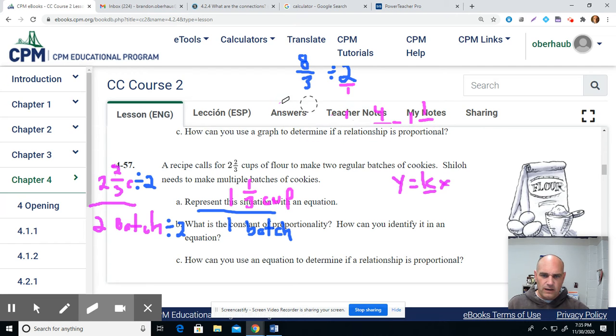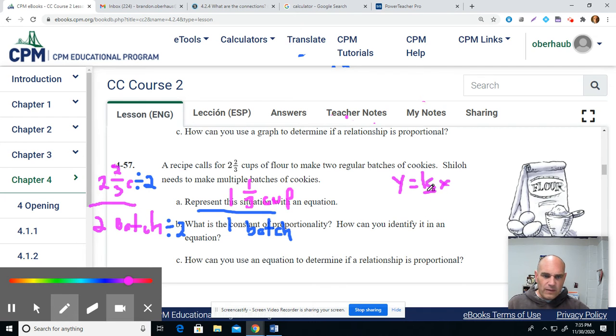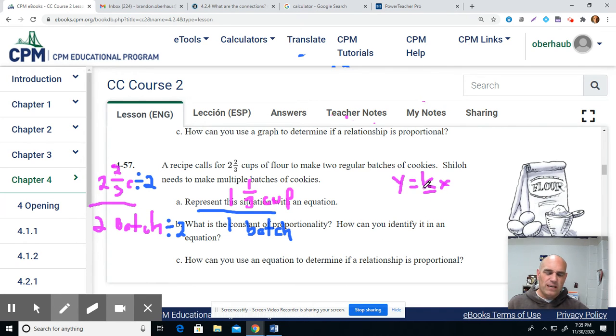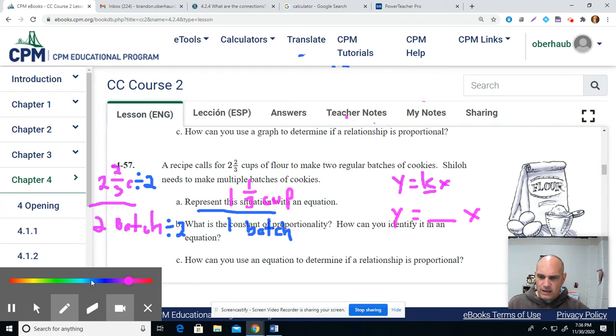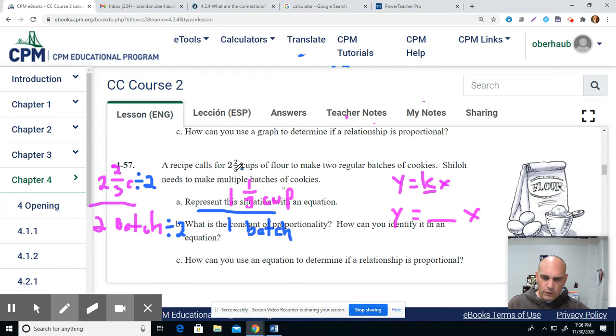So let's get this off of here. So it wants me to write an equation. This is the equation that I always use. So the k is my constant of proportionality. It's my unit rate. Well, my unit rate in this is 1 1/3. So my equation is this. y equals whatever my unit rate is times x. Well, my unit rate in this problem was 1 1/3. So y equals 1 1/3